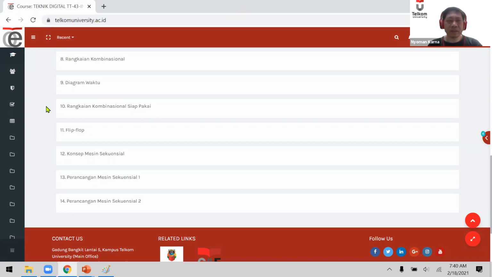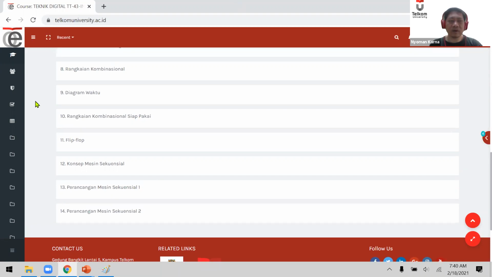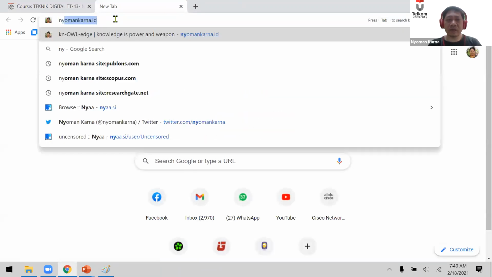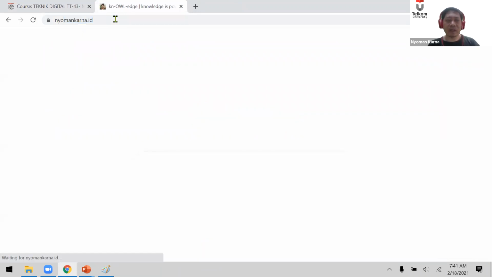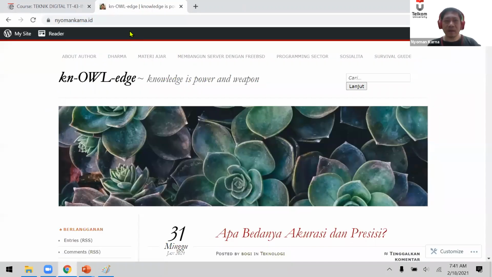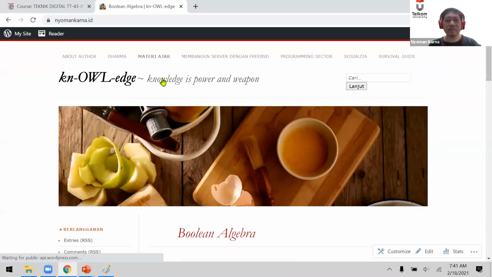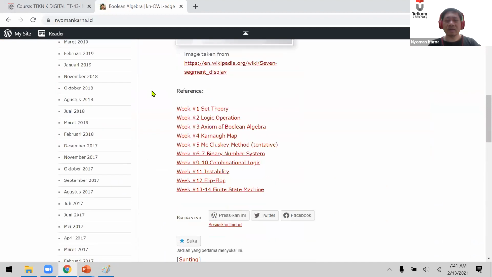Okay, so this is our material for the Technique Digital. And for the material itself, you can download from my blog, nyamankarna.id, and then the teaching material or materi ajar, and then the Boolean algebra. In here, we have set theory, and then logic operation, the axiom of Boolean algebra, K-map.